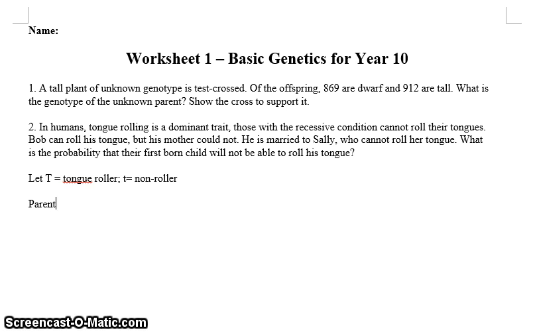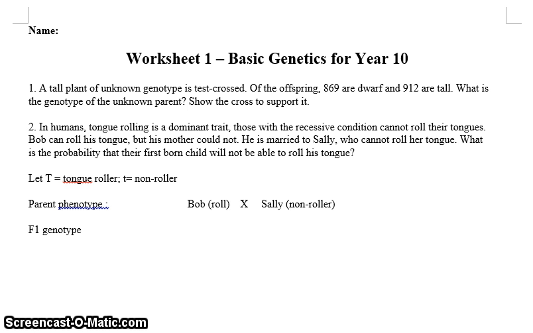So the parent phenotypes, you have Bob, who can roll his tongue, and he is married to Sally, who is a non-roller. In terms of F1 genotype,